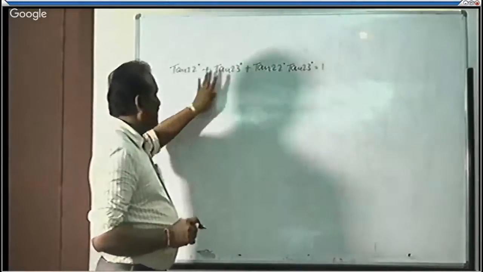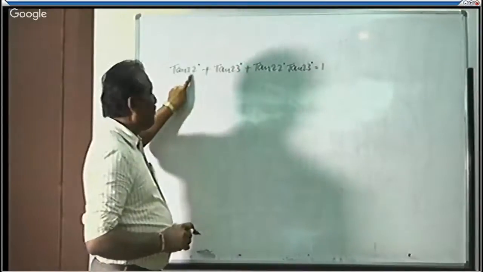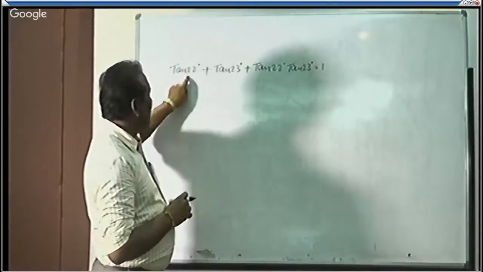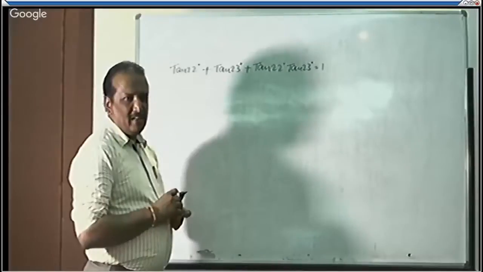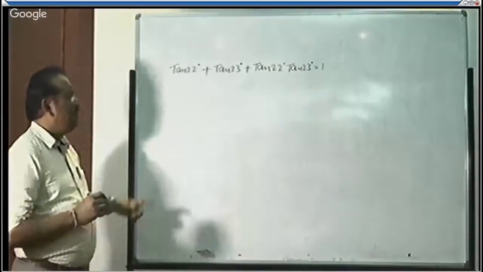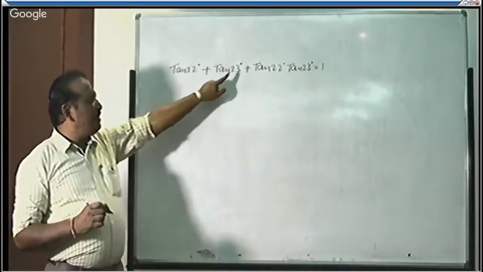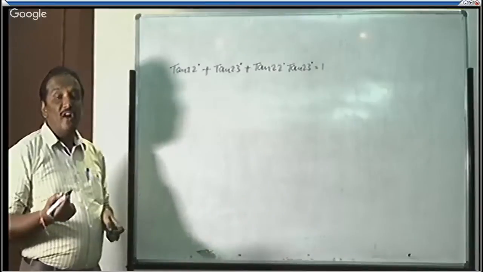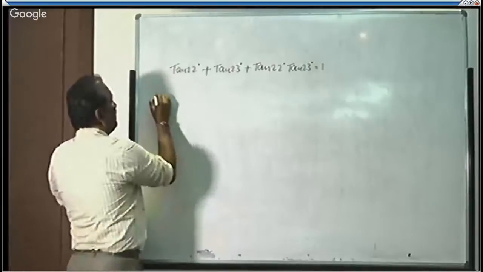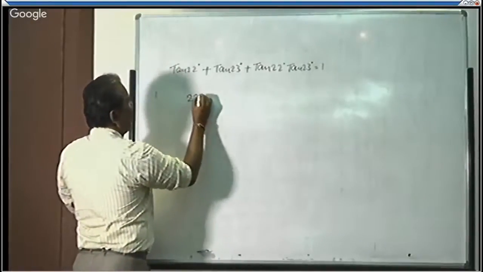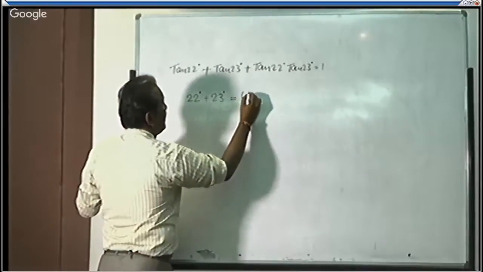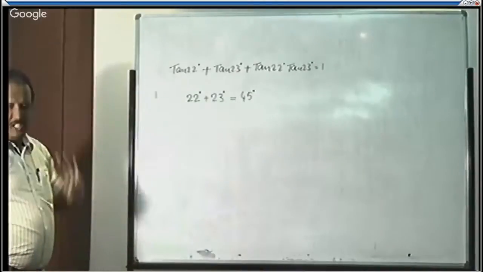Observe the LHS in all the steps. There are no abnormal acute angles. 22 and 23 are normal acute angles, no problem, because they are noted as standard or normal angles. So 22, 23, 22, 23. By applying common sense, you can say that by adding 22 degrees with 23 degrees, you will get 45 degrees. 45 degrees is a standard angle. So here 22 degrees plus 23 degrees is equal to 45 degrees. It is a known fact by the inspection method.